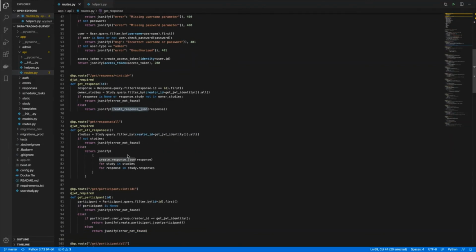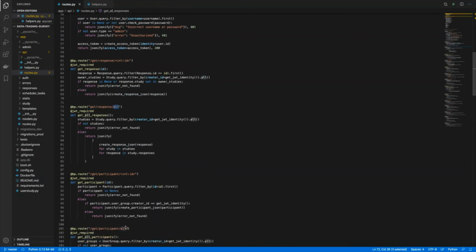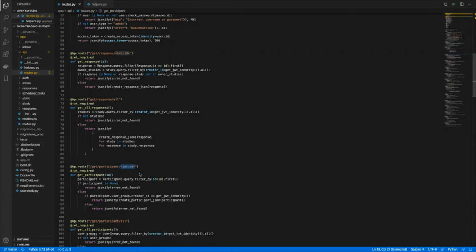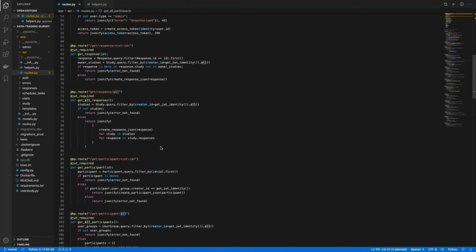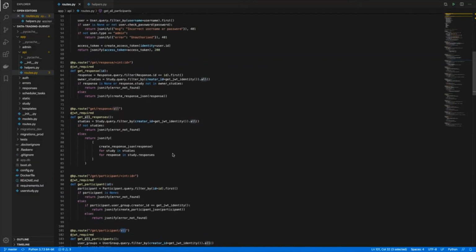There is also another API endpoint implemented for each table in the database. In this case, it's get response /all. So for each table you can retrieve an individual tuple, or you can retrieve all tuples from the database which you have created by way of your studies.